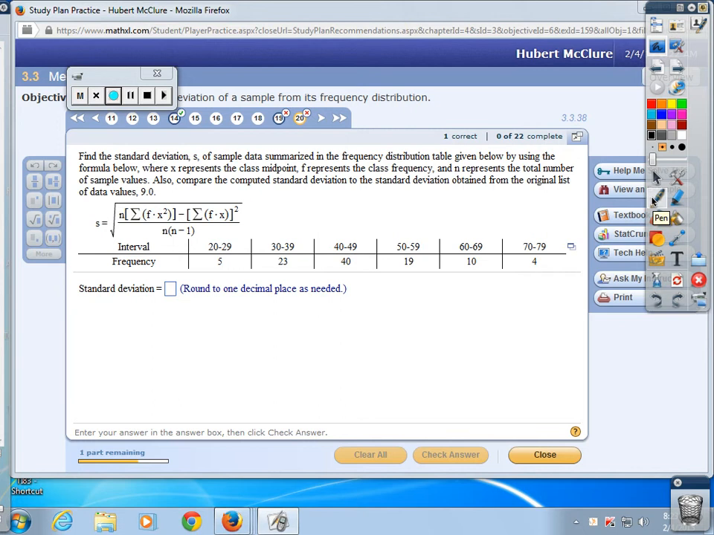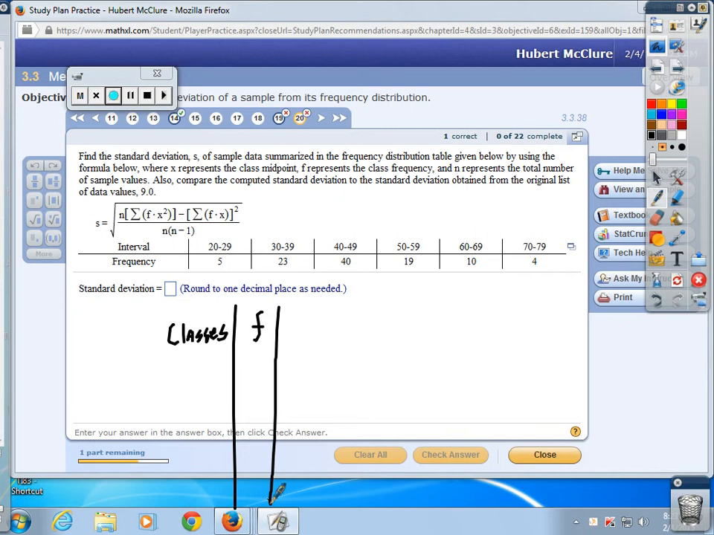Alright, first thing you want to do on this one is align your data vertically, not linearly. So that's the first thing. So when you get this problem on the test or homework, first thing you want to do is write your X, or not your X, but your interval or your classes, and your frequency,